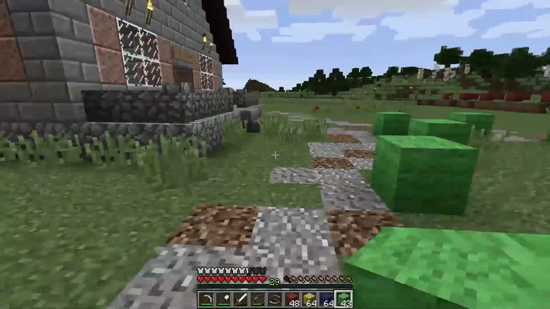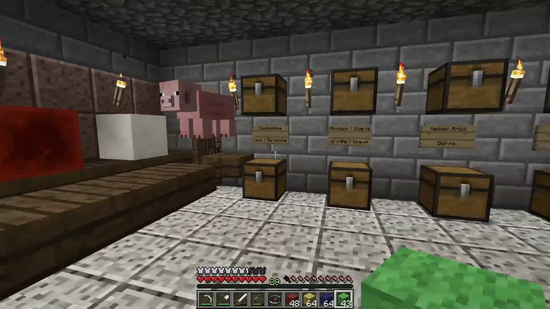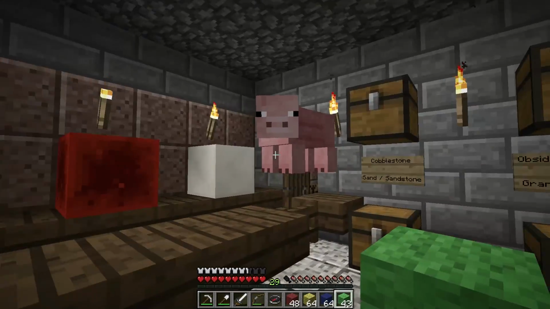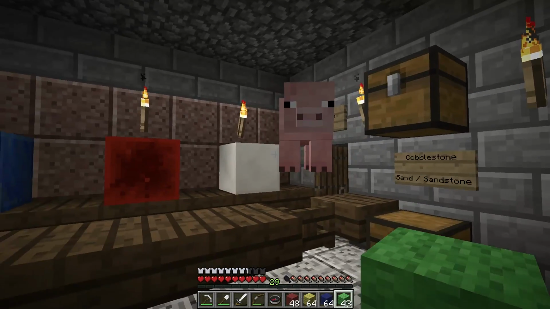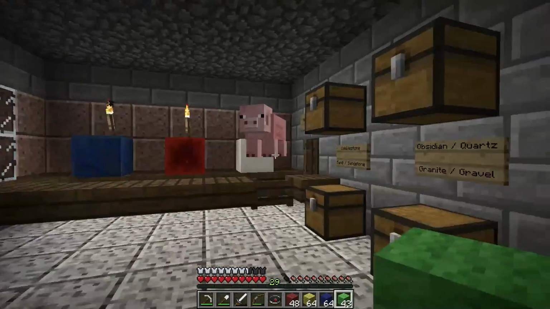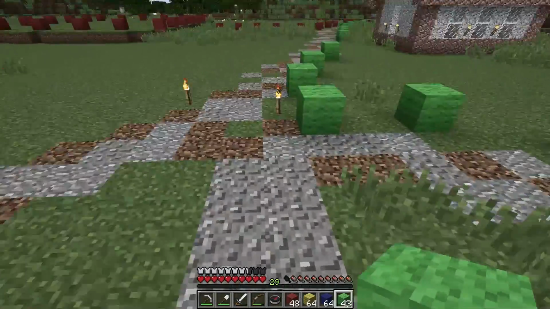And then over here we've got Cheese has built himself a fine stone shop. Ooh. And he's got a pet pig. Do you take orders, sir? I could use some obsidian when you get to it. I'll pay top dollar. I'm going to be putting in a couple of stone orders here with Cheese's stone shop because I have some stone needs for a future build, so...